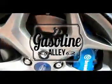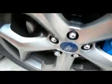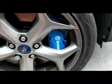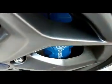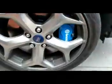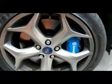On this gasoline alley, we're checking out what's been happening with these 5mm spacers that I have in the car. I've had these on the car for a while, I think right around a few thousand miles at this point, and I got them to clear the Brembos on these snowflake wheels. Now, with that being said, I want to try out whether or not a 3mm will space it out as